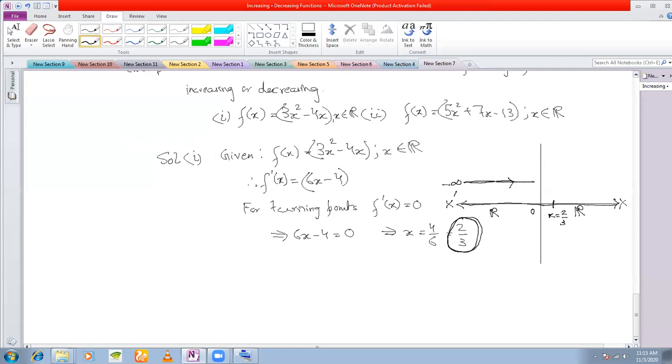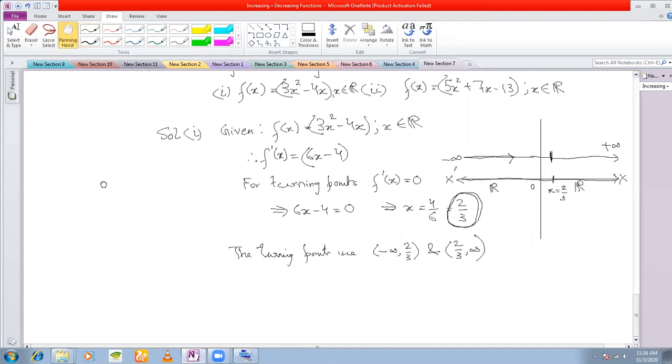So there's a break here. And then again, you are moving from this to plus infinity. So what are the intervals? What are the turning points? They are minus infinity to 2/3 and 2/3 to infinity. This is very important because this may come in your multiple choice question, to find out the turning points.